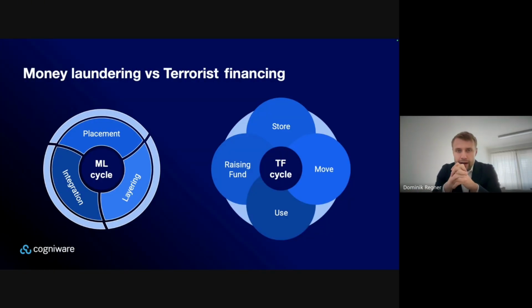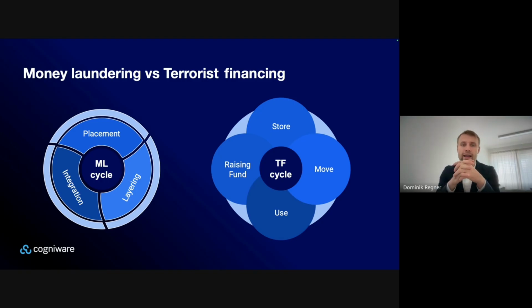When we look at the money laundering cycle, it usually starts after the crime has already occurred. Criminals need to clean their money and resources, and this typically involves three main stages: placement, layering, and integration.